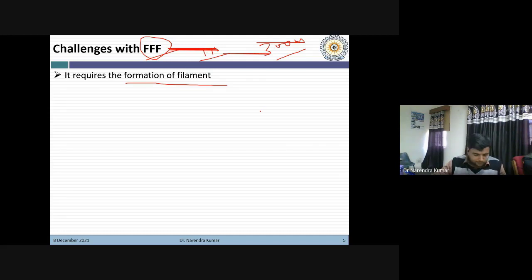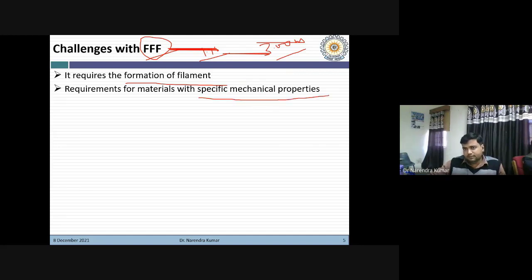The second challenge is the requirement of materials with a specific mechanical property. I am emphasizing the mechanical property because it is very important for FFF.